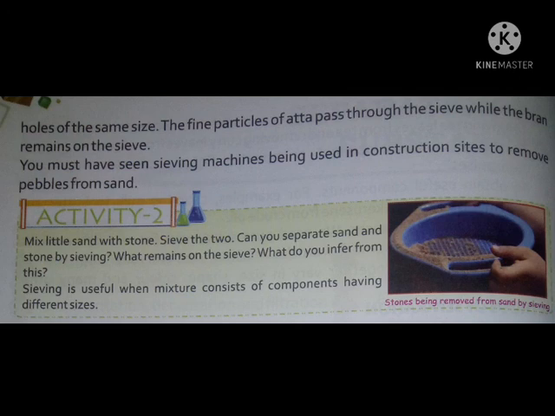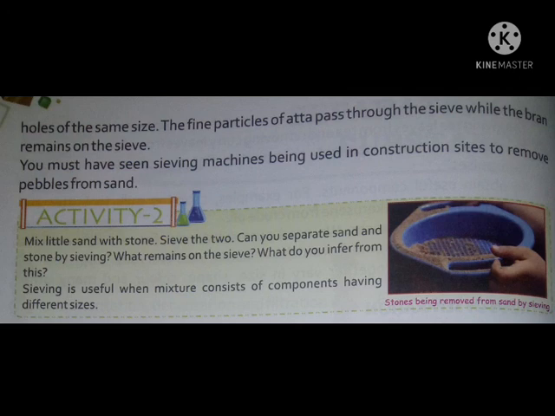Sieving is useful when a mixture consists of components having different sizes. Sieving is only useful if the mixture consists of components having different sizes. If the components have different sizes, then you can use the sieving method to separate the components.